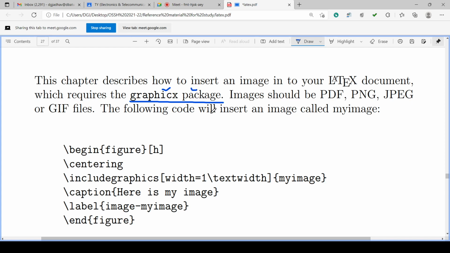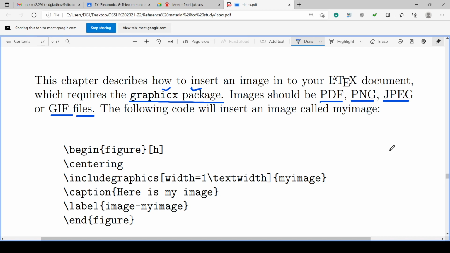We have to include this package and then we can use the facilities regarding figures or images. Images should be PDF, PNG, JPEG or GIF files.